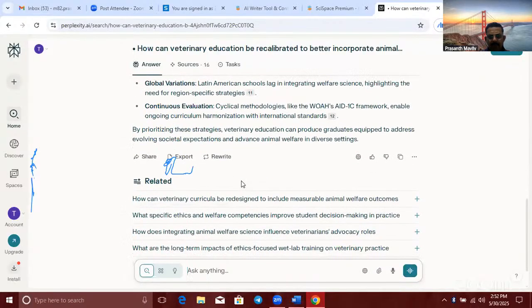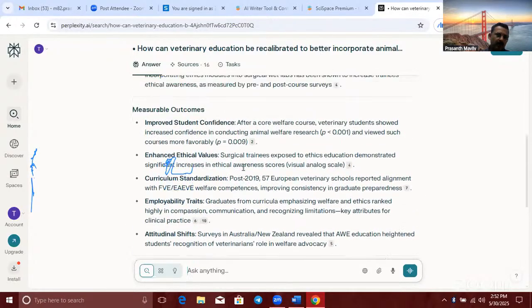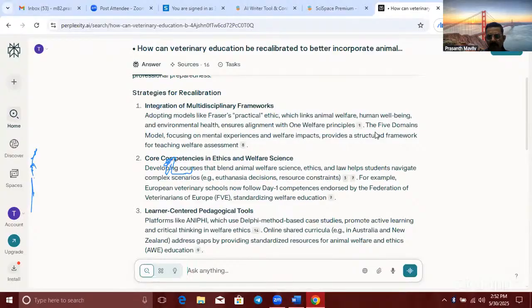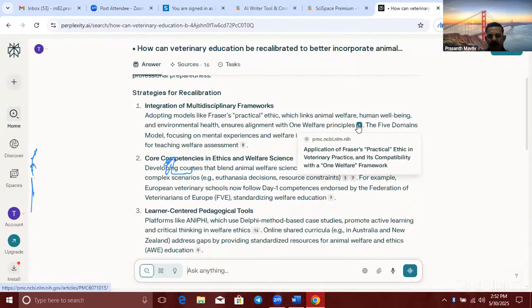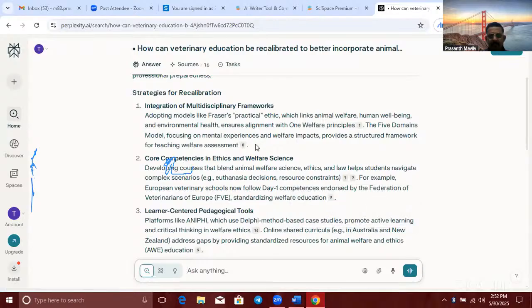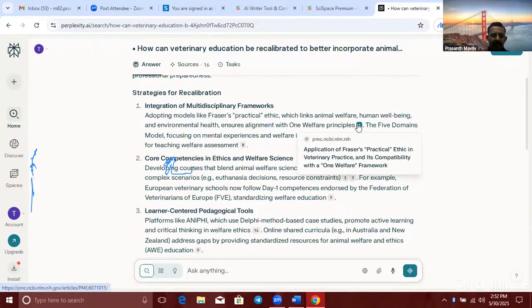So at a glance, it will give the idea of this topic, and you can have the references also, showing which paper it has taken the idea from. See, application of practical ethics. See, different papers. It is not simply taken from the web. It is taken from different scientific articles, and it is giving you that paper also.